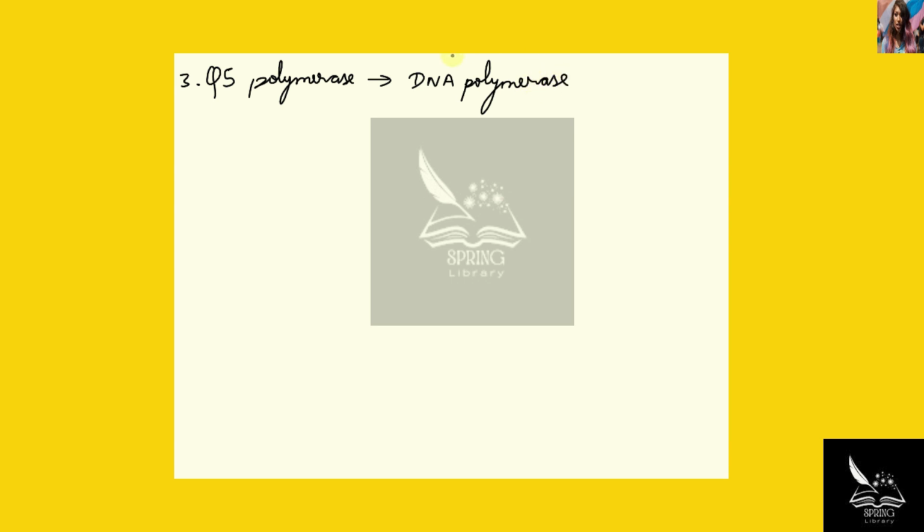One unit of Q5 polymerase is defined as the amount of enzyme required to incorporate 10 nanomoles of dNTPs into DNA in 30 minutes